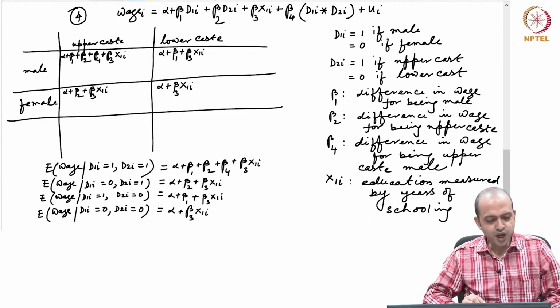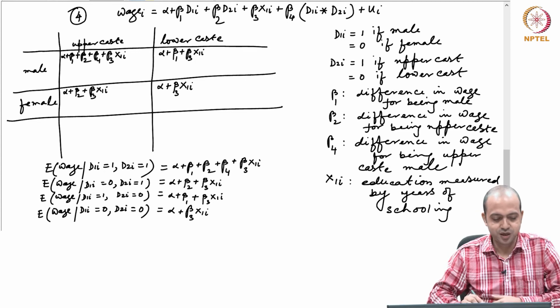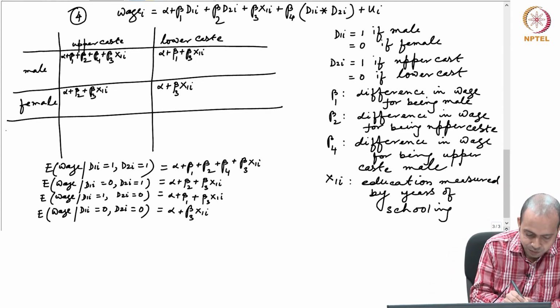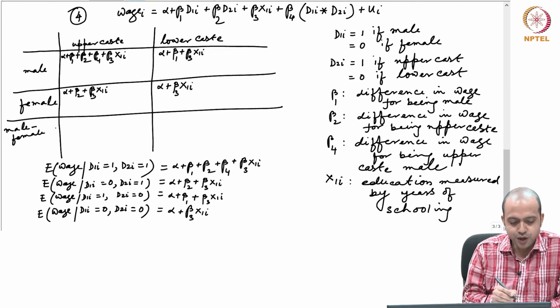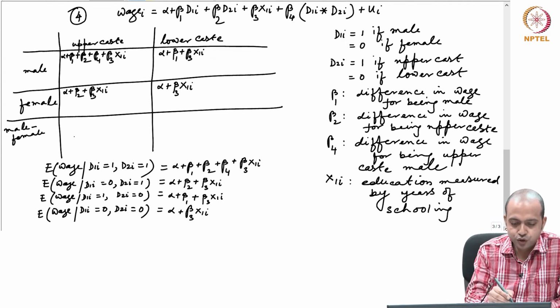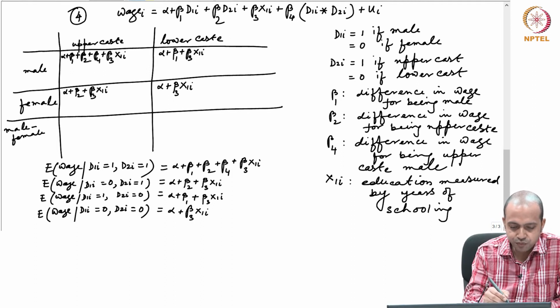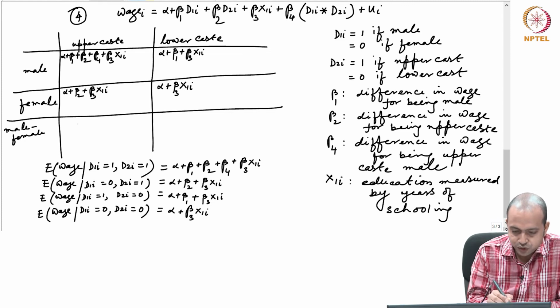Okay. Now, since my objective is to get the gender difference in upper and lower caste, I will get this as male minus female, male minus female for the upper caste. So, from this minus this, what will happen? Alpha will cancel, beta will cancel, beta 2 and beta 2 will get cancelled out. So, I will get this minus this equals alpha plus beta 2 will vanish, alpha plus